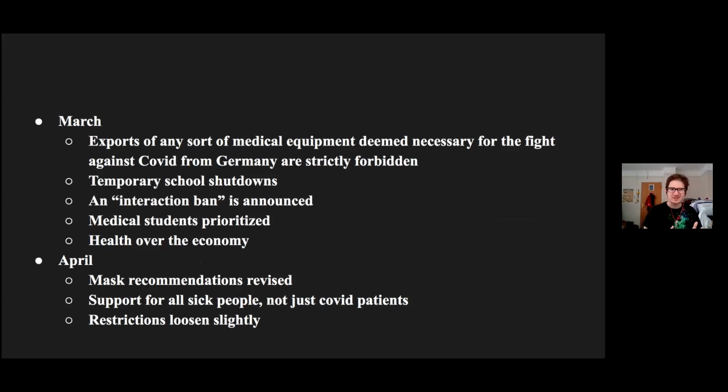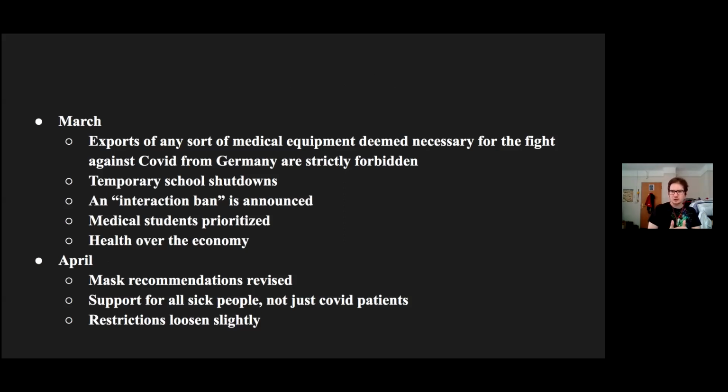So in March, they started a sort of lockdown. The German government did their best to not actually call it a lockdown. They were just trying to incentivize people to stay away from each other, to keep distance, and also to wear a mask. There was never an official mask mandate in Germany up until October, when it got a little bit worse, but we're going to get there. In general, the German philosophy was to prioritize health over the economy, and this is the stuff that was going on in March.